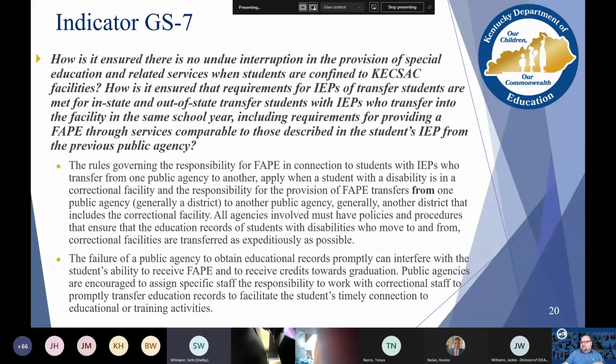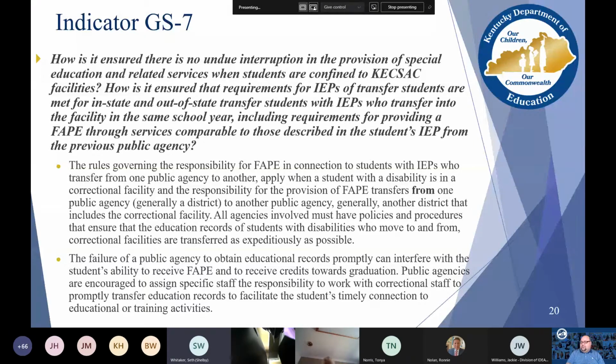So this is another one of those. How is it ensured that there's no undue interruption in the provision of special education and related services when students are confined to KECSAC facilities? In other words, how is it ensured that requirements for IEPs of transfer students are met for in-state and out-of-state transfer students with IEPs? Out-of-state too, not just in-state, who transfer into the facility in the same year, including requirements for providing FAPE